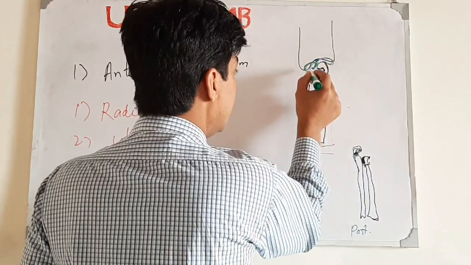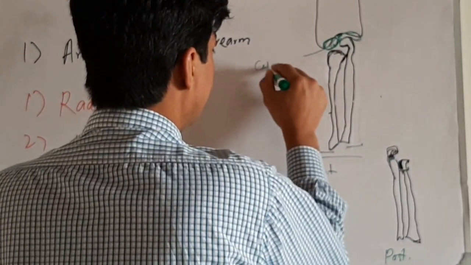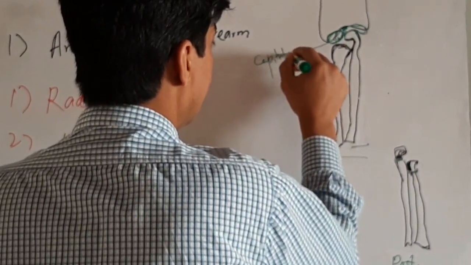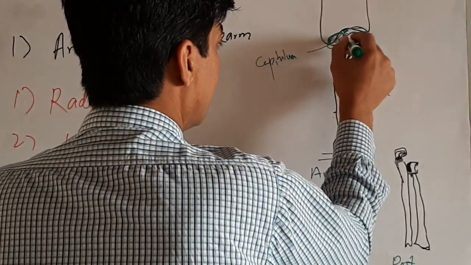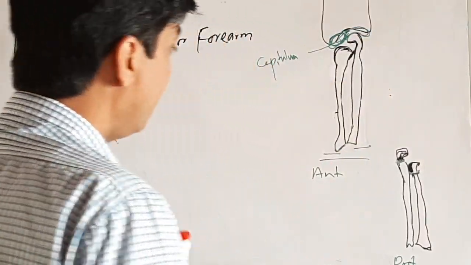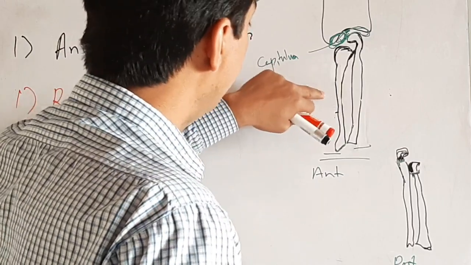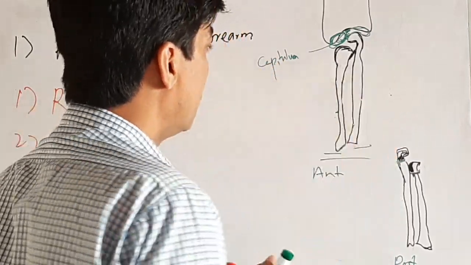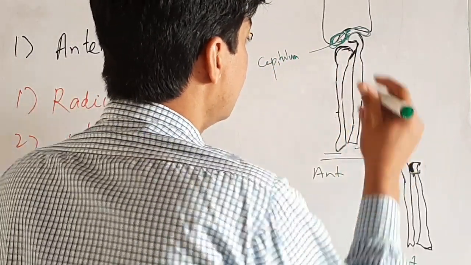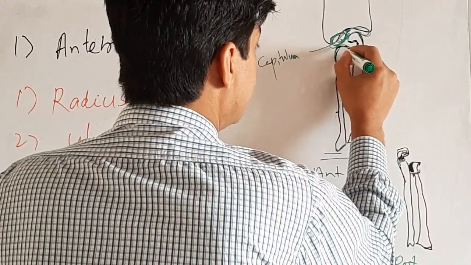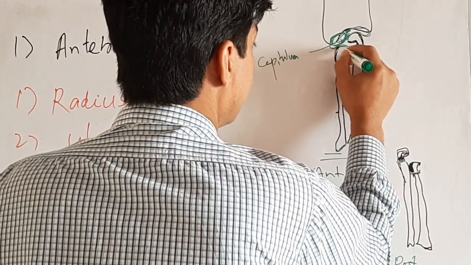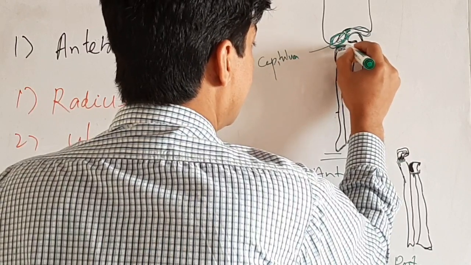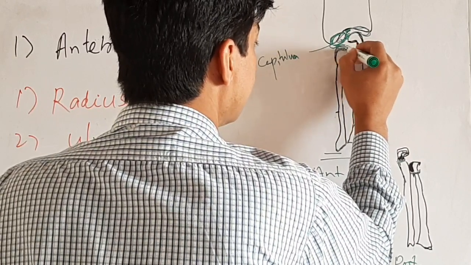The lateral condyle was the capitulum. The head of the radius, which is lateral to the ulnar bone, articulates with the capitulum, the lateral condyle of the humerus,